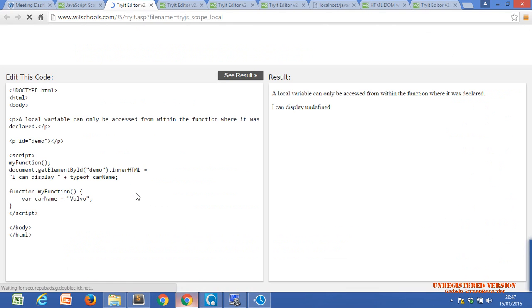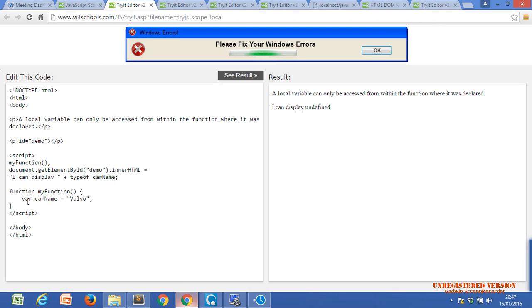Kushi, are you there? Yes. What he has done, document dot write, get car name. I can display undefined. The typeof keyword is used to display the type of this variable. This variable is undefined.